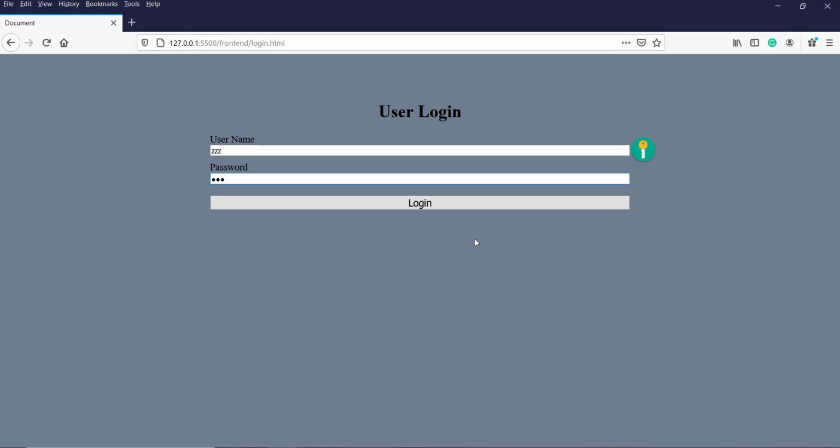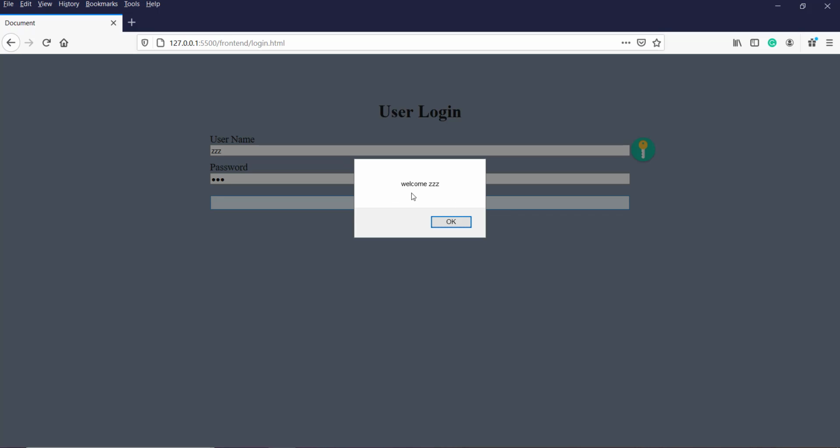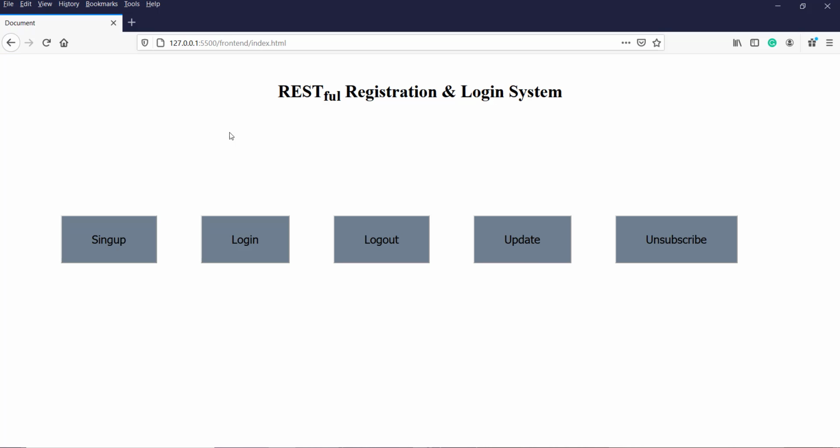So when a user sends a cookie along with any request, that means the user is logged in. So let me click on this login and it says welcome ZZZ. When I clicked on that OK button, I got redirected back to the landing page. Now I have three options. I can log out, update or unsubscribe. So let me log out first